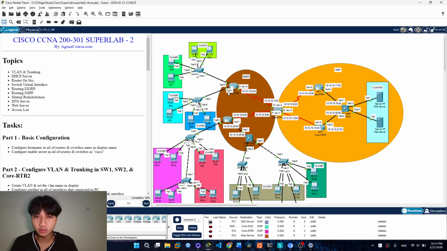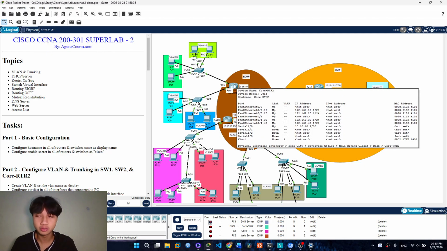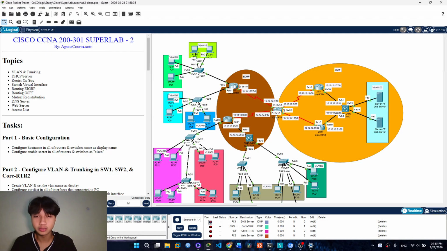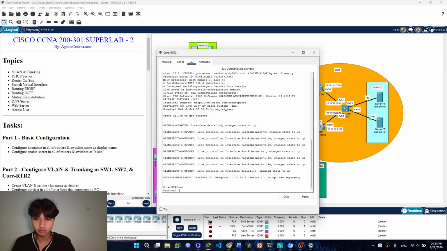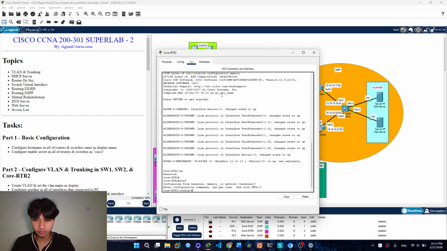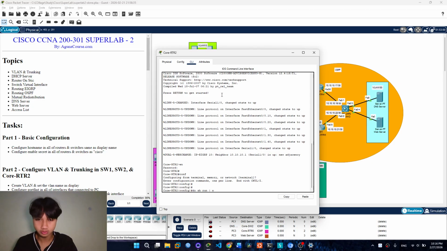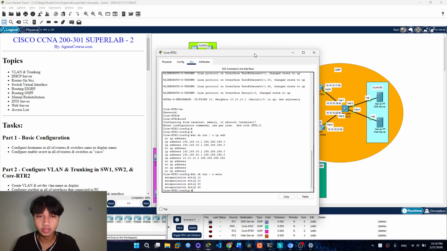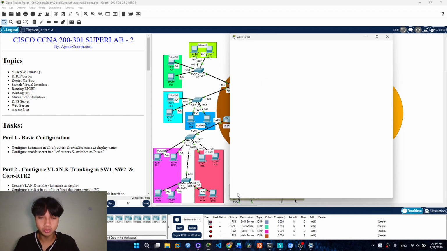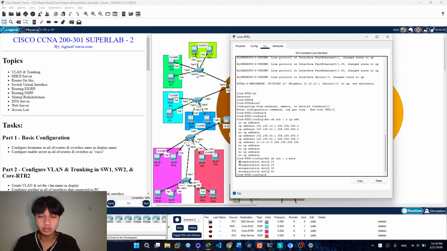with router on a stick, because we want to add a subinterface in this router, so we must configure router on a stick. And the configuration is simple. After you create the subinterface, you must set the encapsulation dot1q.